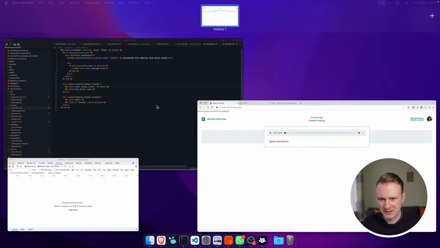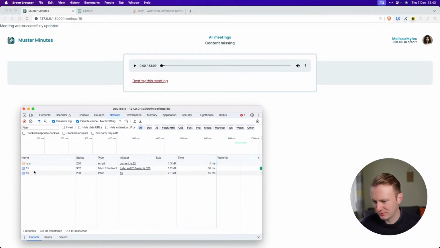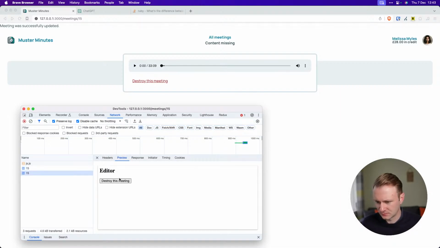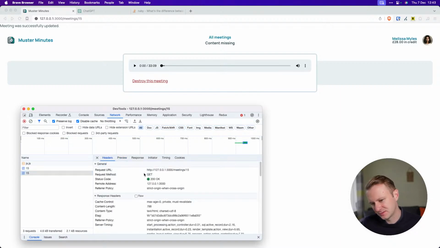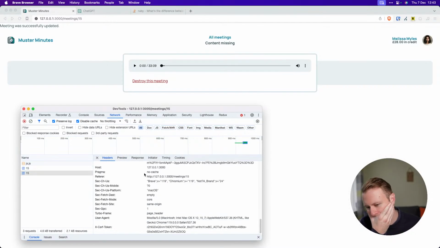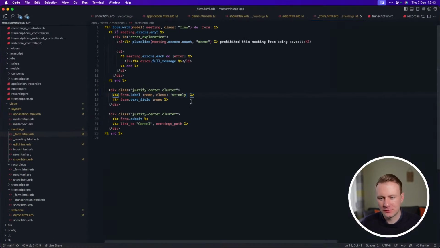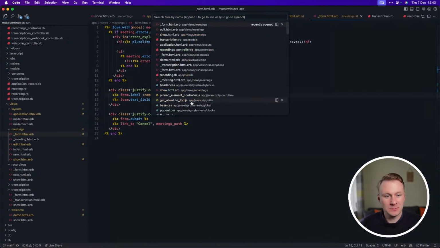Do update. What did it return back with? Editor? Is this returning the partial? So the easiest way of seeing that will be that we